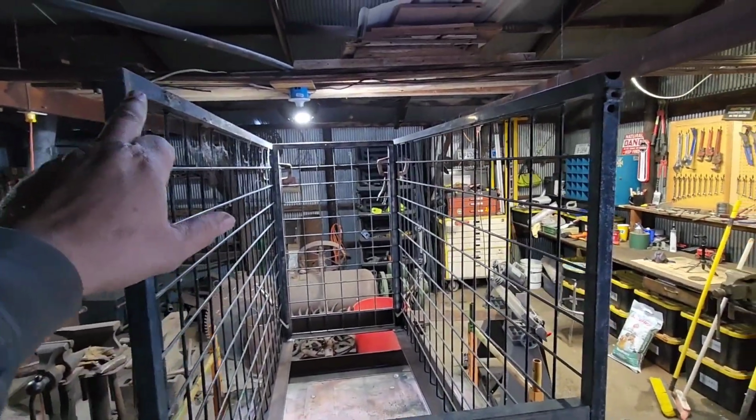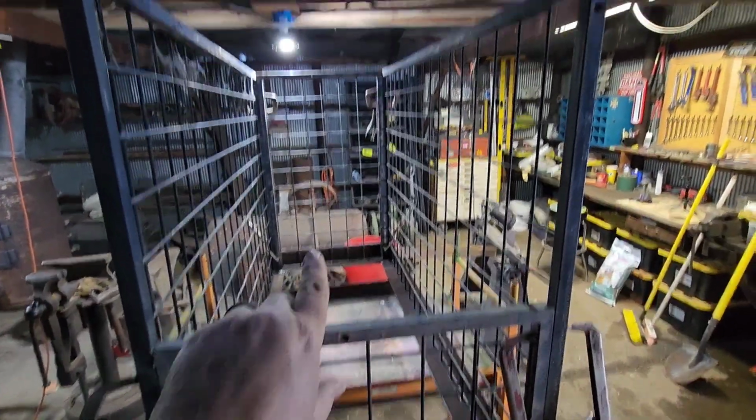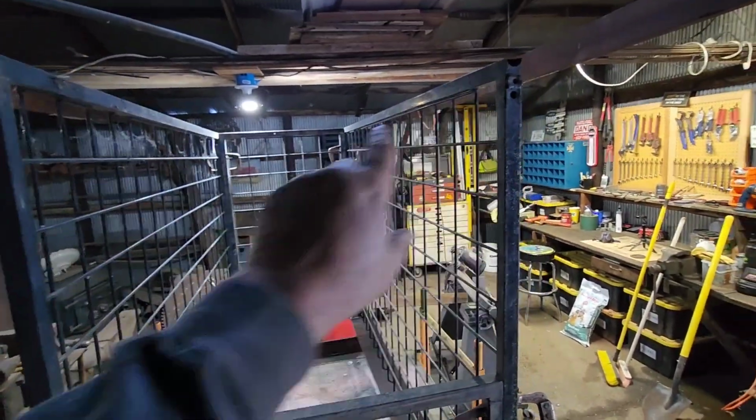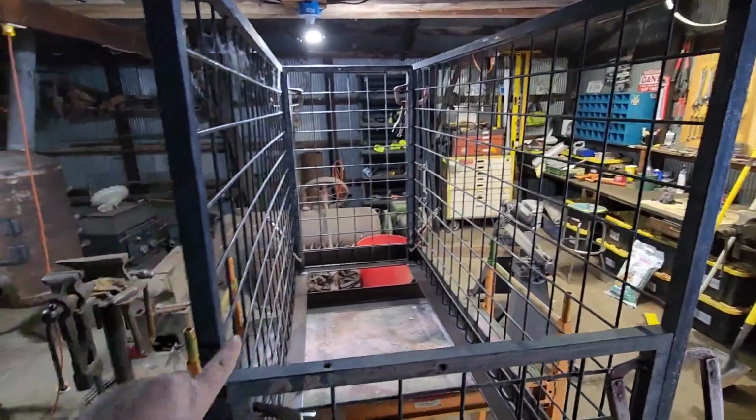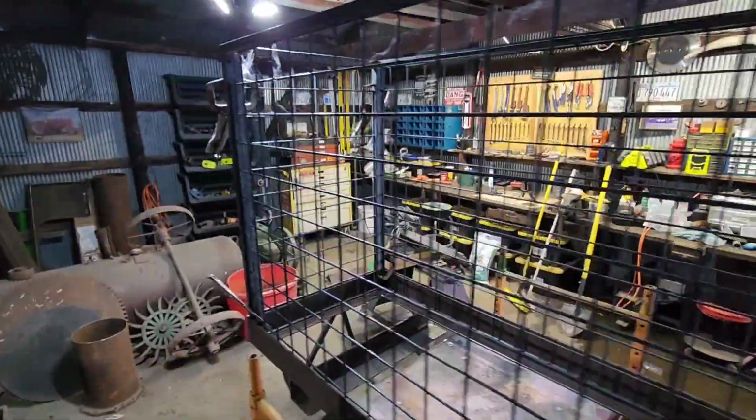And then we're going to put a safety chain across here because we need to step through into the basket right here. And then we'll have a safety chain. These will be plenty strong enough with it welded down here. The other side is full height,